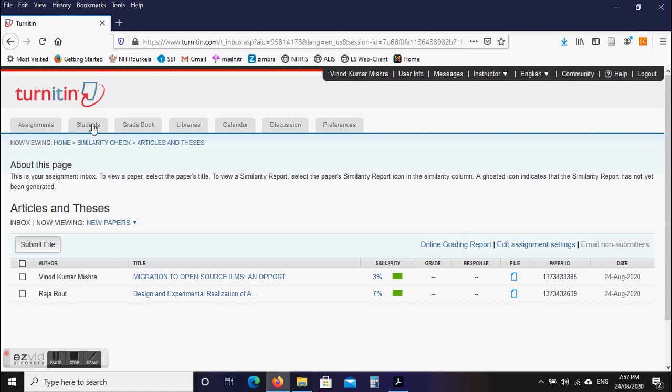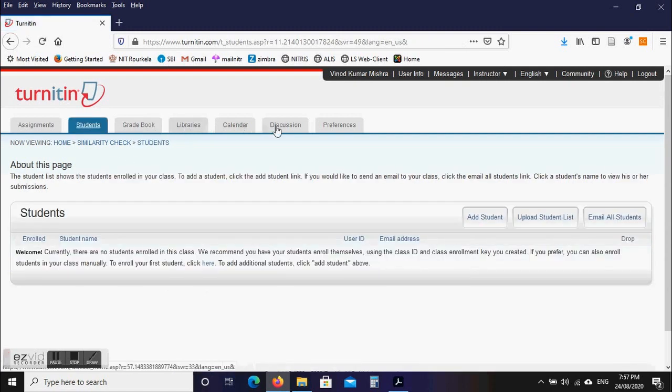Like I told you, if you have a group of BTech final year students, you used to assign them some project work, and then you can invite them to submit in Turnitin, and you can verify the similarity among all those projects submitted and similarity with other resources also.